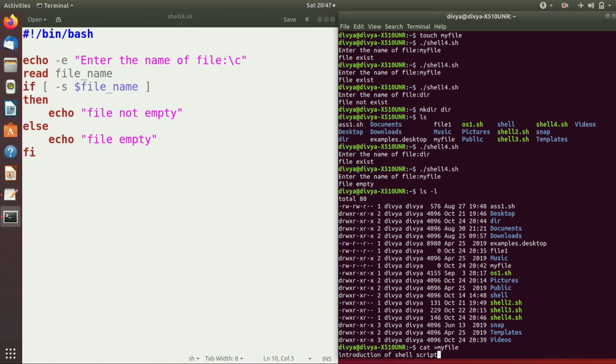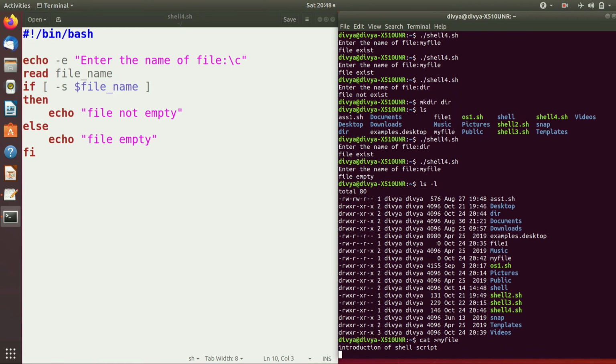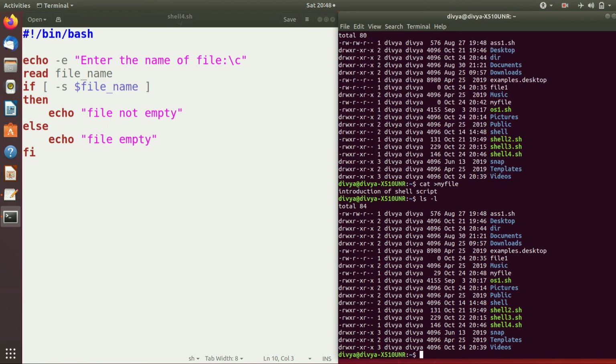Okay, and to exit out of this cat command you can use Control D. Then once again do ls -l. So you can see here there are 29 characters, means my file size is 29 now.